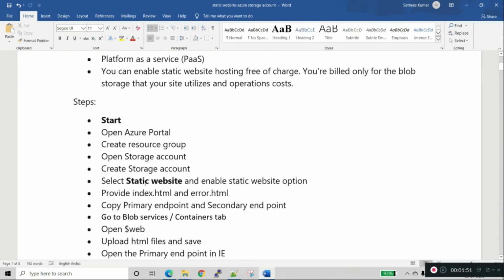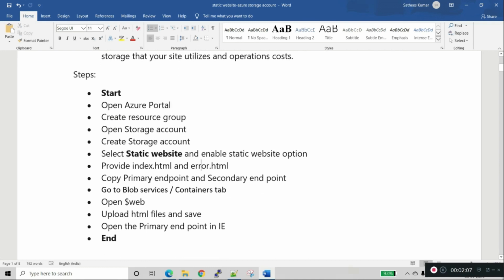Here we need to enable the static website option and provide the index.html and error.html. When an error occurs, it will route to the error.html. It also provides two endpoints, that is, two URLs: one is the primary endpoint, the second one is the secondary endpoint.